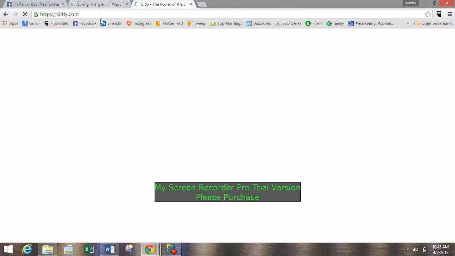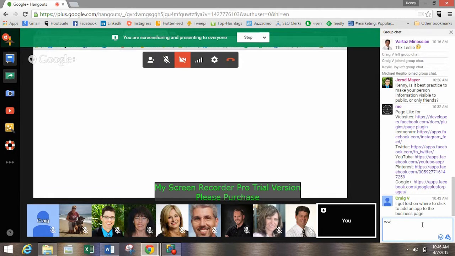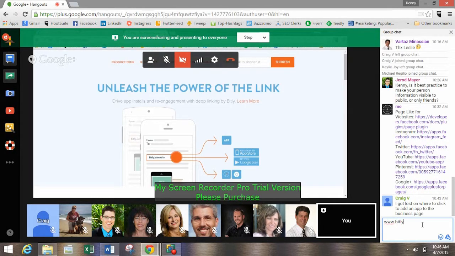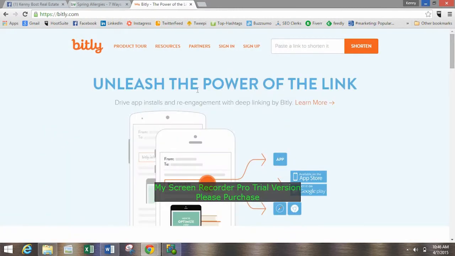I just wrote it in the URL, and I will also write it in the chat real quick. This should be your go-to for shortening links. And you can utilize shortening links for all sorts of different things. Let's say you're writing an email and you don't want a big, long, messy URL when you're emailing a client. You can shorten a link and then use that in there. Or let's say in your email signature, you don't want a really long URL, but you do want something in there. You can just use this link shortener and it will shorten it for you.